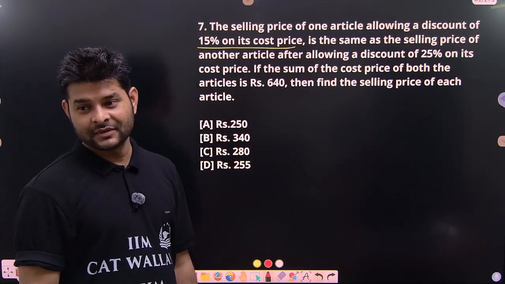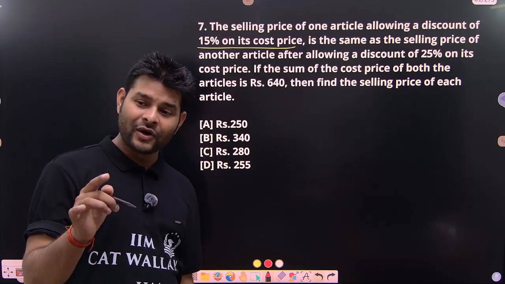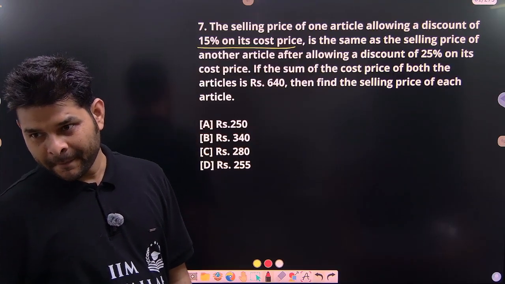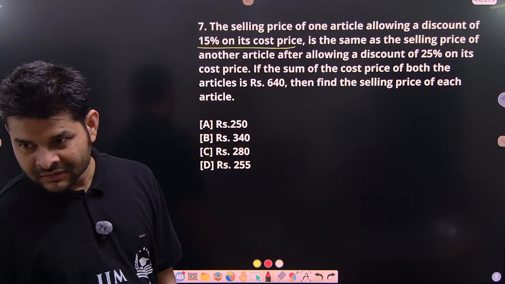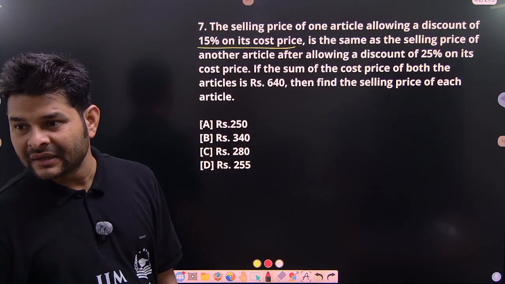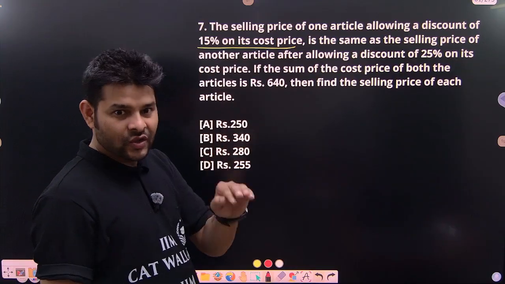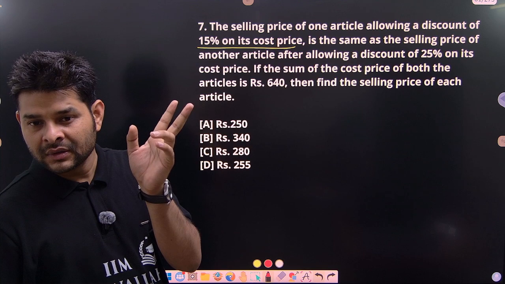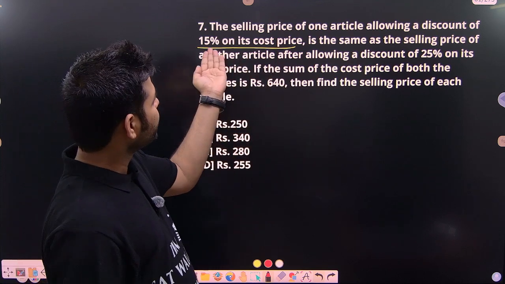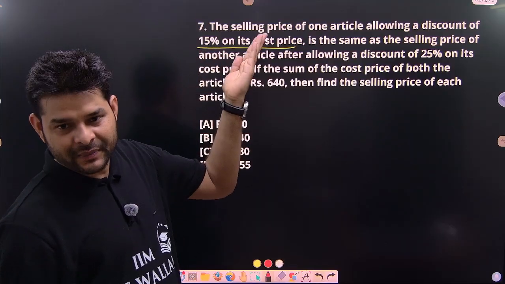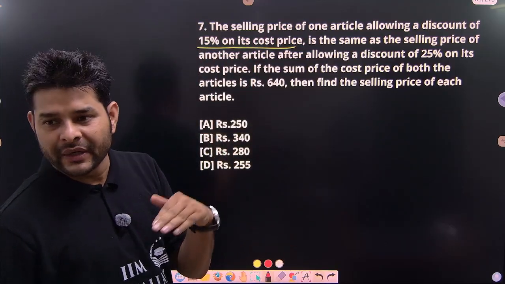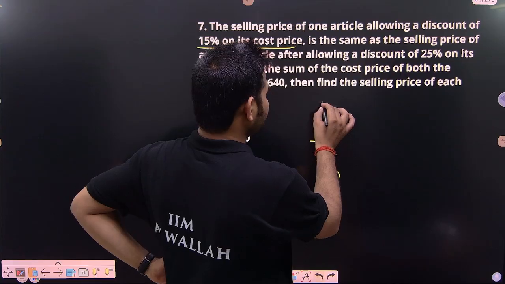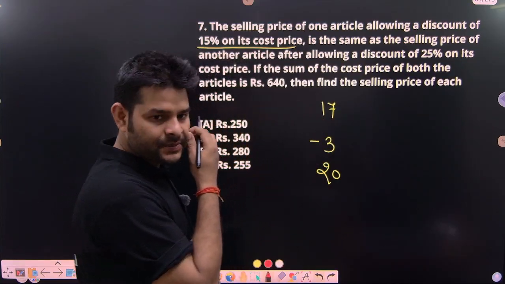You need to focus. I have already emphasized my words again and again on that point. Discount is always going to represent loss. So discount on cost price would be loss. Loss and profit are always calculated on CP. So basically the discount is 15%, that means loss is 15%. 15% means what? 3 by 20. So if 20 is your CP, 3 would be your loss and 17 would be your SP.